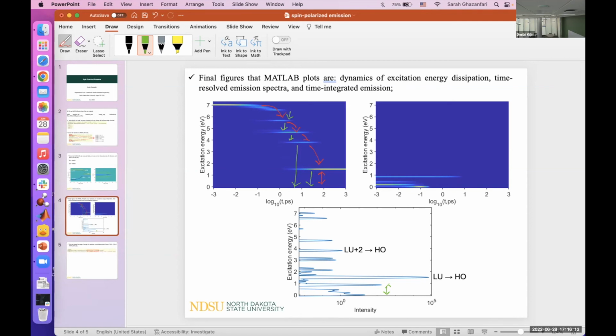Now let's turn to the question by David. Why are these two transitions important? The LUMO to HOMO, as Dr. Klein said, we expected to have the lowest excitation energy and the highest intensity. So we just wanted to see whether we are right or wrong. So LUMO to HOMO is for that. But LUMO plus 2 to HOMO, for this one,